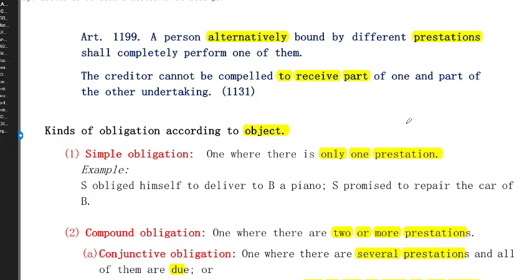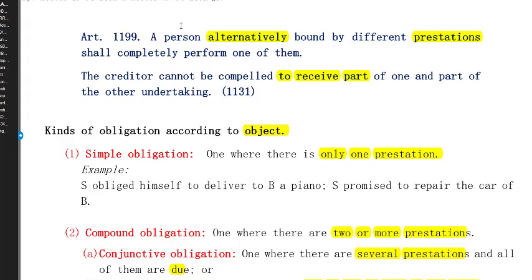So we have discussed already different kinds of obligations. Mainly we have discussed pure and conditional obligations, and we have as well discussed obligations with a period. So as a continuation, on section 3, we will be discussing alternative obligations, and to start with, let's have